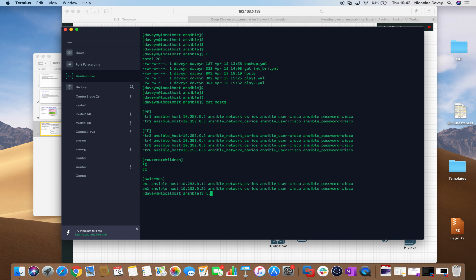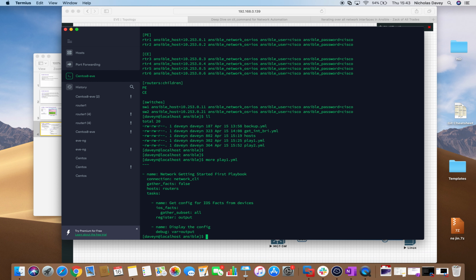So in this directory, I have a number of plays. So if I look at the first play, play1.yaml, what we can see here is my play is what I've labeled network getting started first playbook, and within that I have 2 tasks. So the first thing that you have to configure is the connection type, which here is